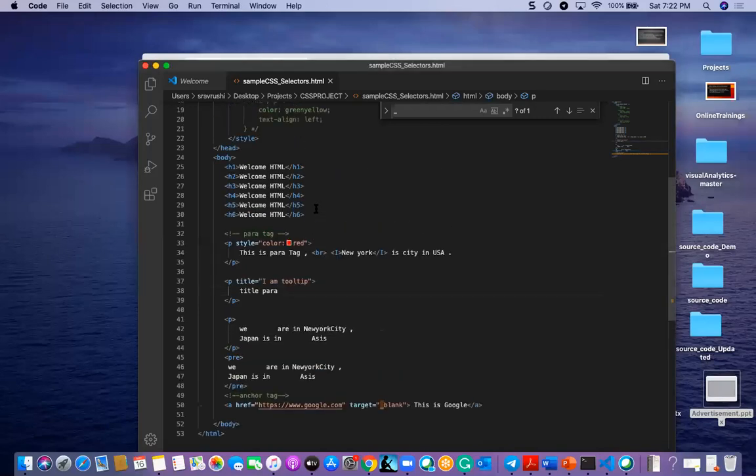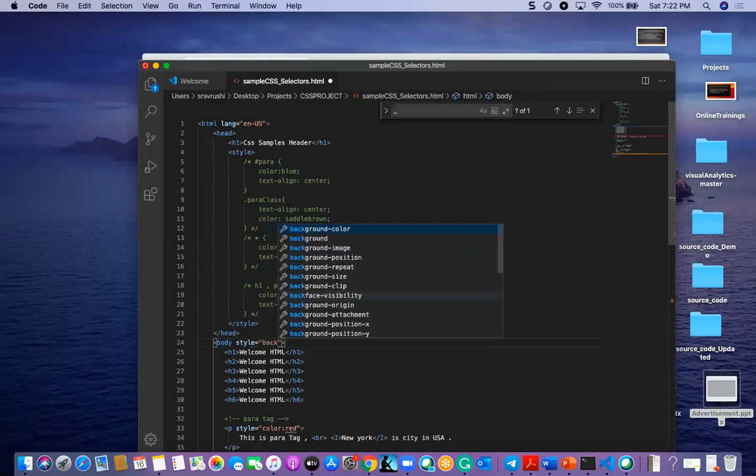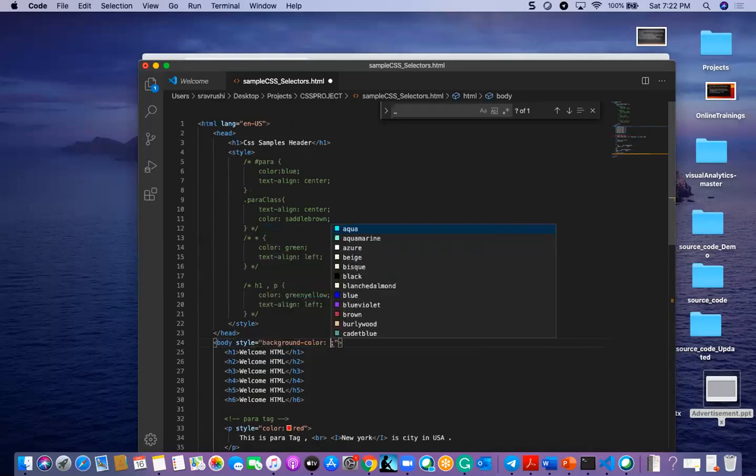Now we will see the background color property of the style attribute. I want to change the body's background color to some blue or light blue. I can go and enter some style here, and give the background color, which will give the background color for the total body of your HTML page.